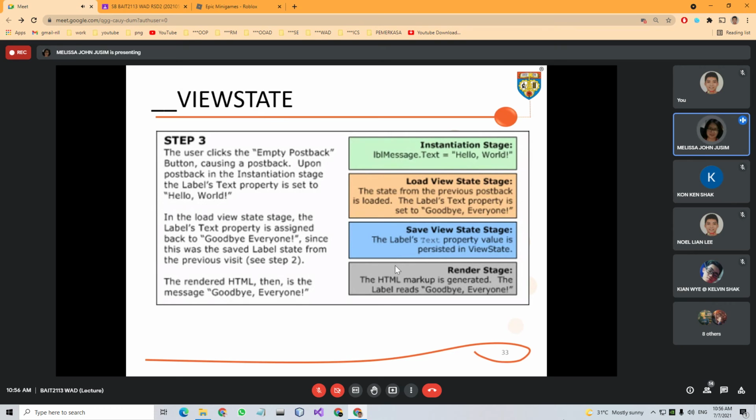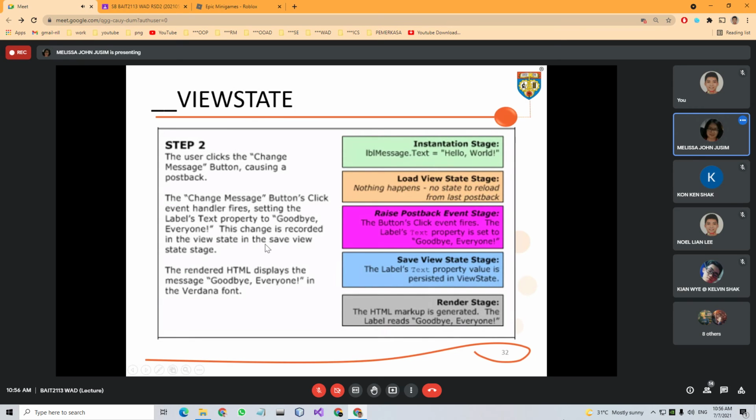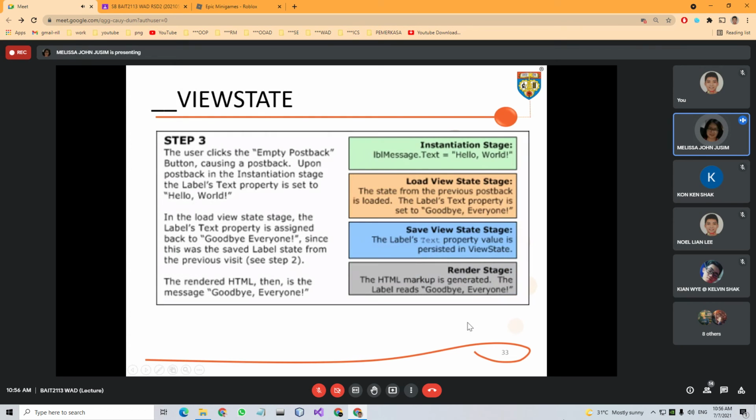During the view state stage, the text property will be assigned to goodbye everyone, because remember this has been saved from the previous visit. From the previous visit, our label is keeping the value goodbye everyone. That's how we retain the value, right?